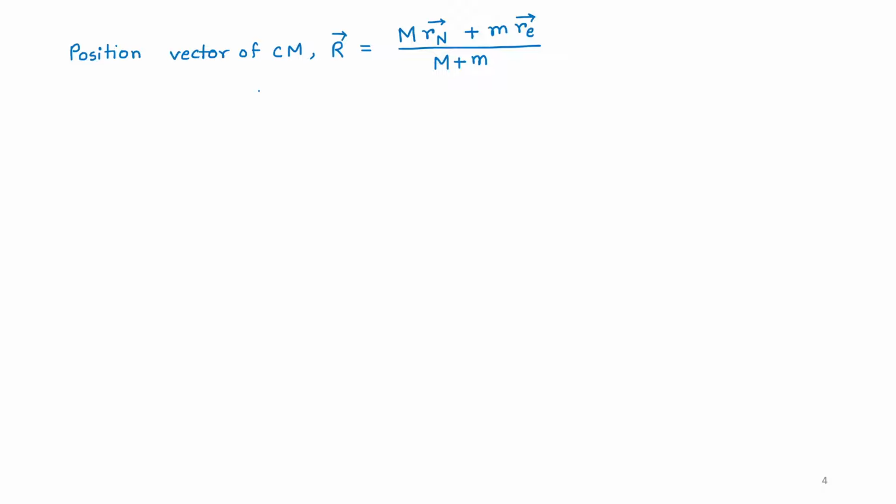So this is the position vector of CM, and the relative motion of the electron, or you can also say with respect to the nucleus,